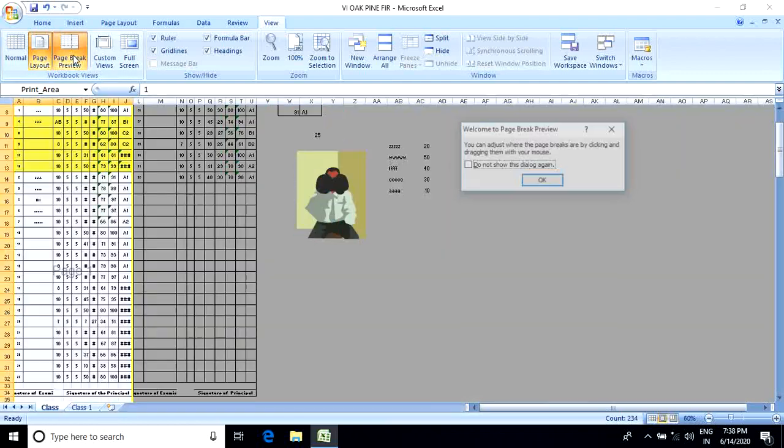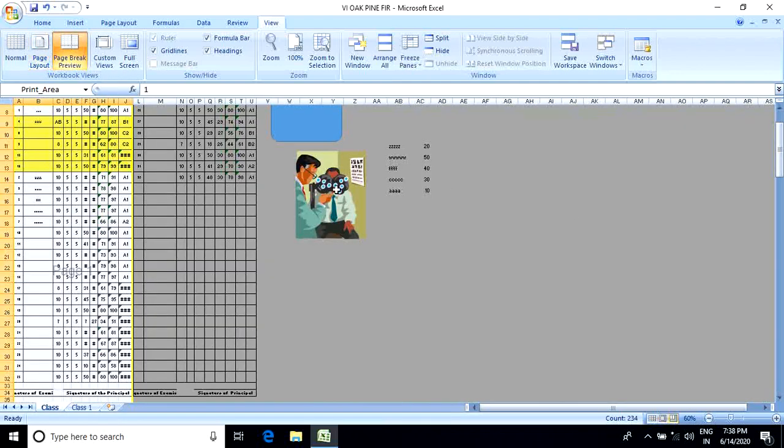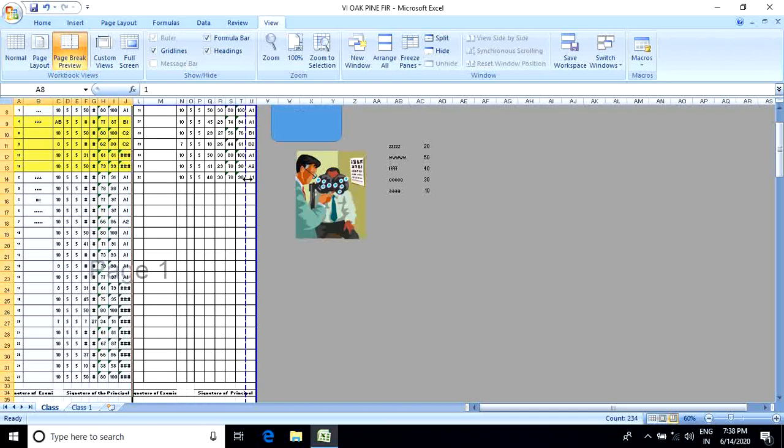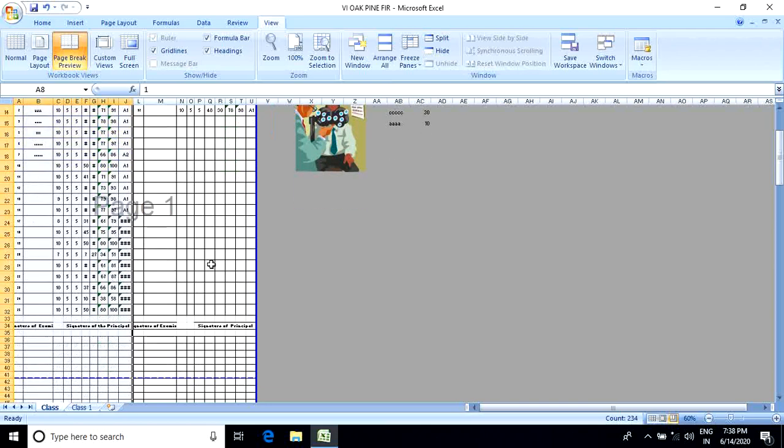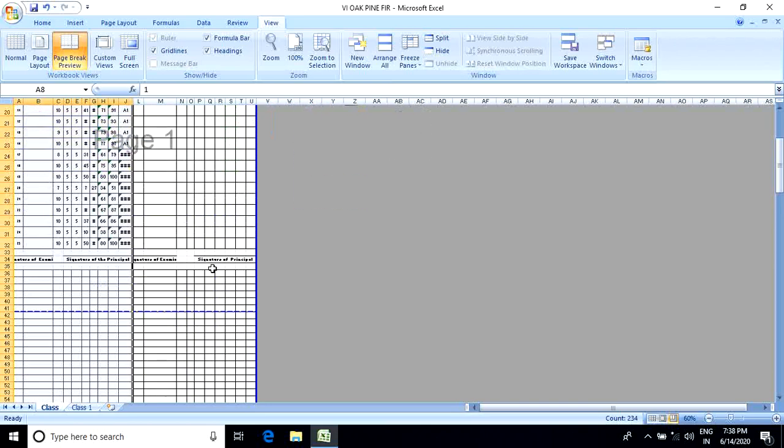Page break preview. Look at that. You can set the page break preview by dragging this one from the last. Okay, so you can set this page in a single page. You can increase this one or decrease this one.